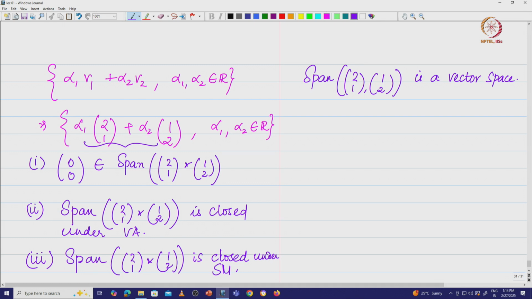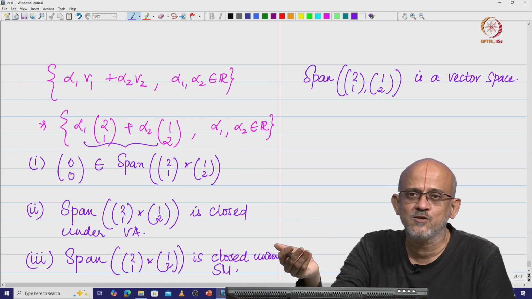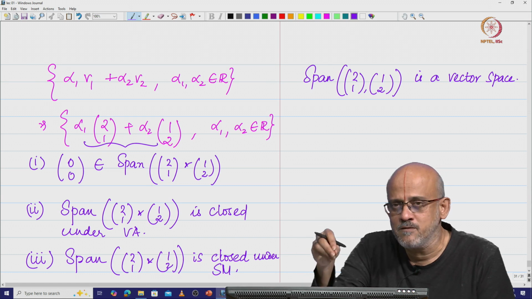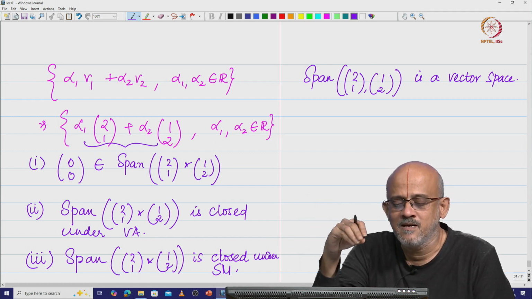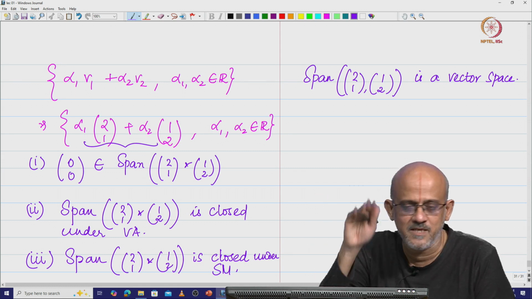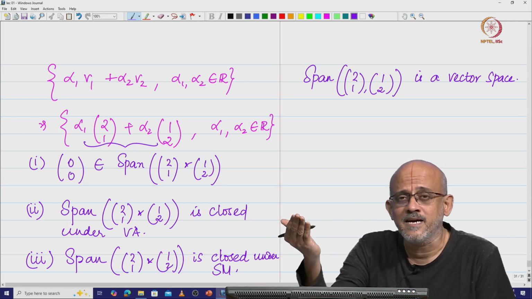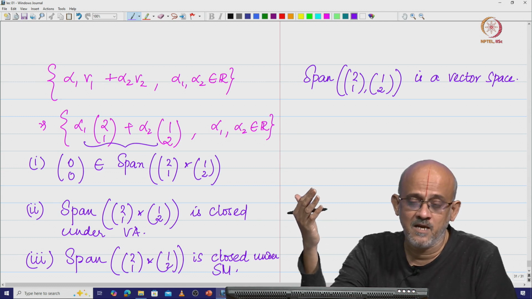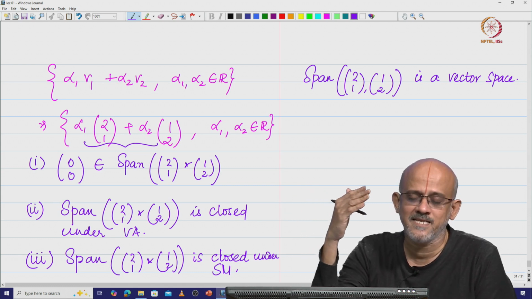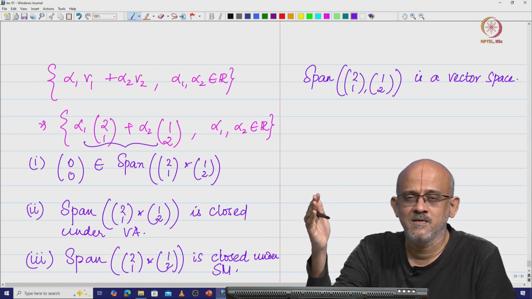That means you take any two linearly independent vectors, take all their linear combinations, and put them inside a basket, and that is going to be a vector space. By taking linear combinations, I am basically trying to generate each and every vector in that particular vector space as a linear combination of these two vectors. Therefore, these two vectors are generating the entire vector space, and so we are going to call any set of linearly independent vectors a basis for the vector subspace.